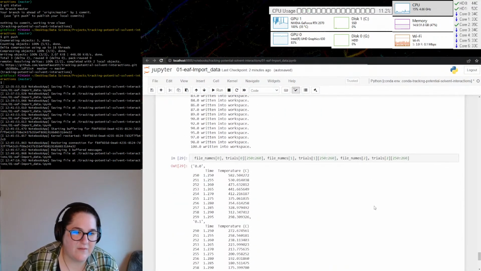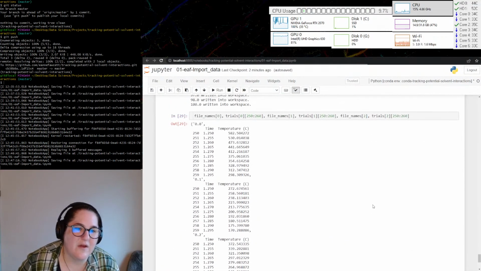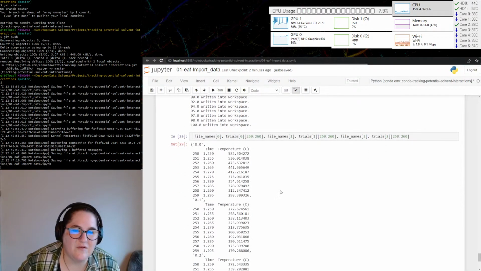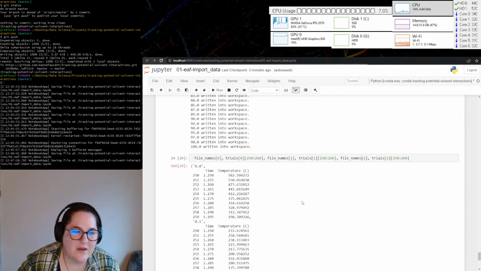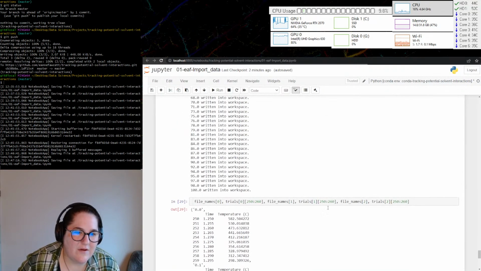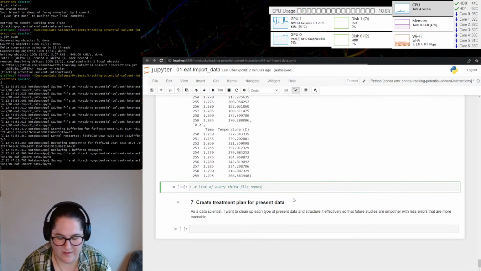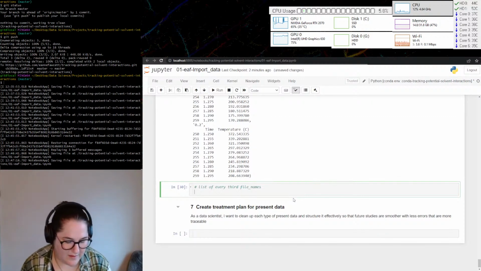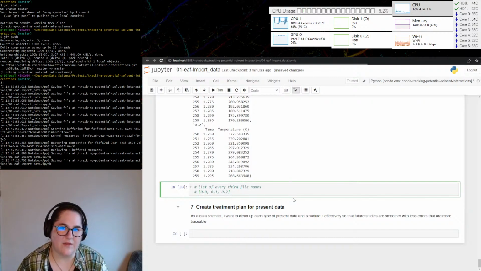So we have all of our data written into our workspace, and now what I'm trying to do is just get that structure that I'm after achieved. And so I think I want to create this step type system, which will look like the first one, it'll be the 0.0, and then I'll have the 0.1, and then I'll have the 0.2. And this will all be like one unit together. And I think I can do that with the